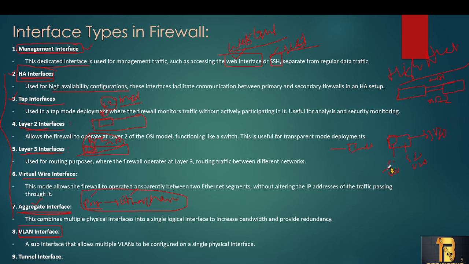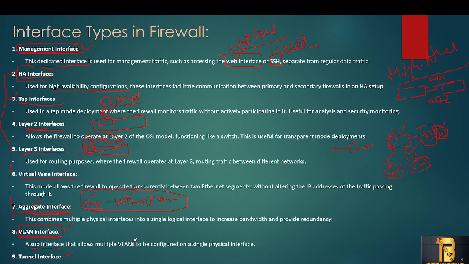Whatever traffic is received on VLAN 10, this sub interface will take care of that, whatever traffic comes into VLAN 20, this sub interface will take care of, and whatever traffic reaches VLAN 30, this sub interface will take. So here the VLAN traffic is mostly configured on a single interface using sub interfaces. For this we need to create a sub interface, and the particular sub interface will carry the particular VLAN traffic. And here we'll also have a tunnel interface.